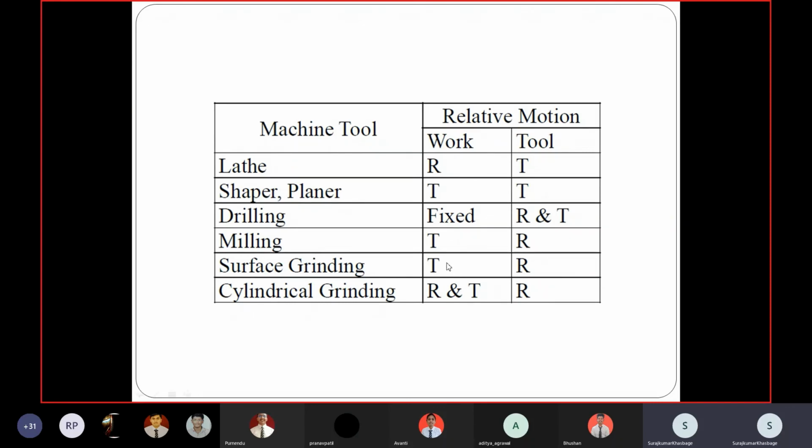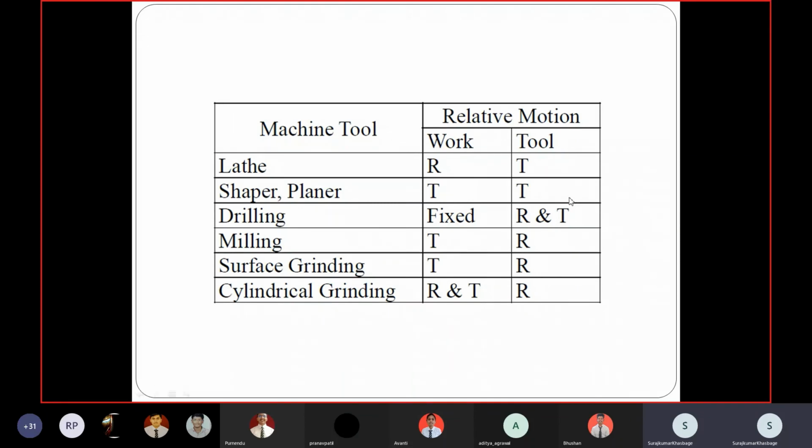In the surface grinding operation, your workpiece is translating, it has some motion, and your tool is rotating. Whereas in cylindrical grinding, either your workpiece is rotating, in centerless grinding as we saw, or it is translating alone.